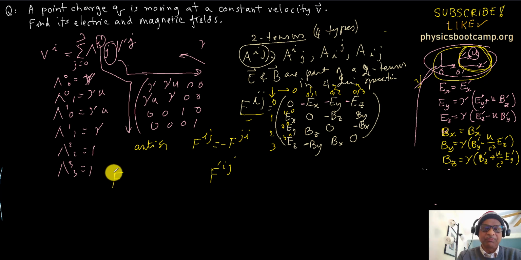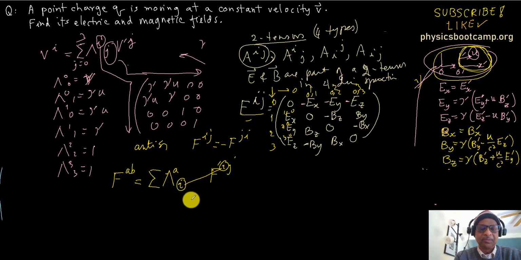So the prime frame versus the unprime frame. Say I wanted Fab, then it will take one of these lambdas, and this i with this i transforms that index, with i equal to 0 to 3, and then another lambda to transform this index. Another lambda, you can put it on this side or this side, doesn't matter, and you have